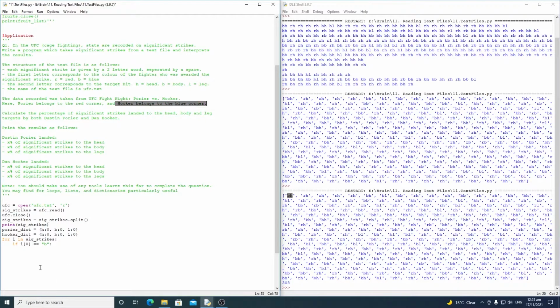Hooker belongs to the blue corner. So if I0 is equal to B, then what do we want to do? Well, the next thing we need to do is check what the second letter at that second index is. Okay, so what we'll say is if